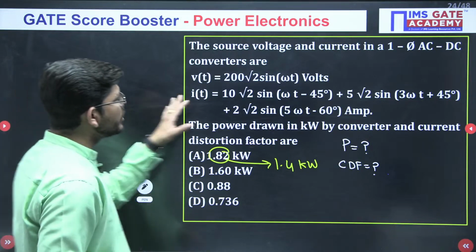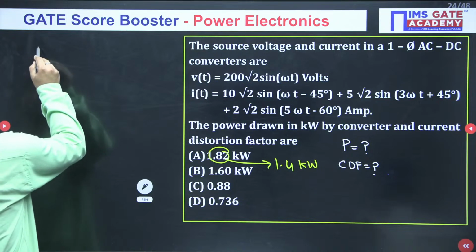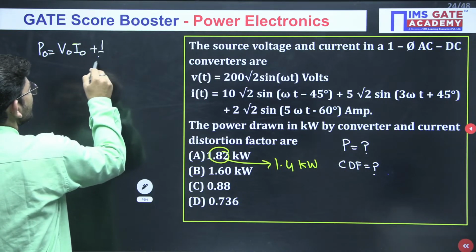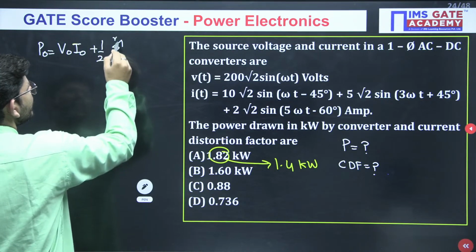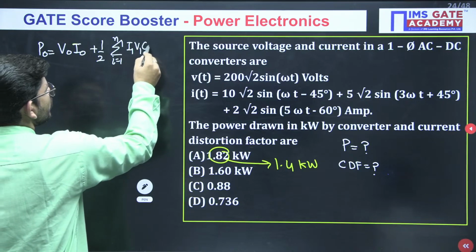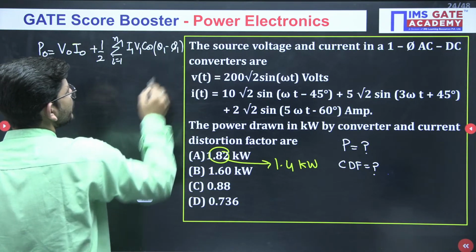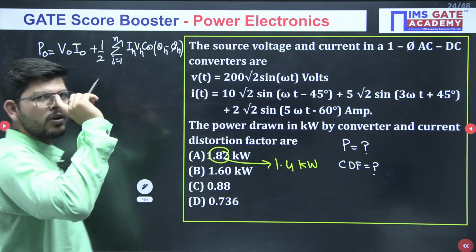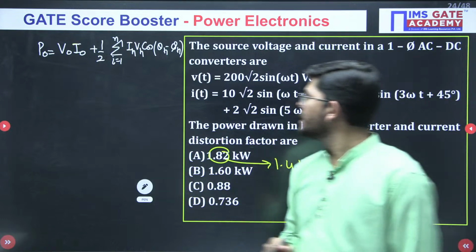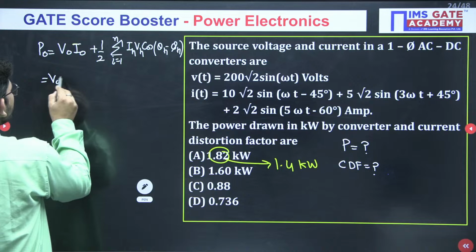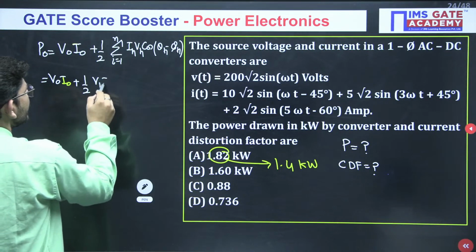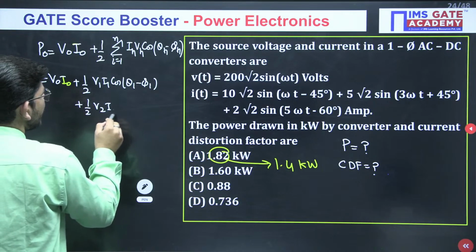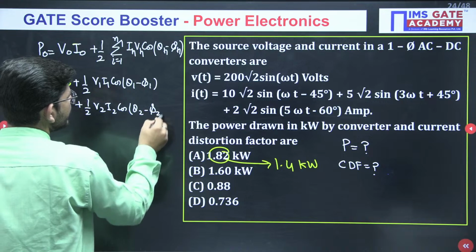How do we approach these questions when the voltage is sinusoidal but the current is not sinusoidal? In that case, you can calculate power using this formula. The power is V0 I0, the DC components, plus half of the summation over n equals 1 to N of Vn In cos of theta n minus phi n, where theta n is the angle of voltage and phi n is the angle of current. If you expand this, you will get V0 I0 plus half of V1 I1 cos of theta 1 minus phi 1 plus half of V2 I2 cos of theta 2 minus phi 2